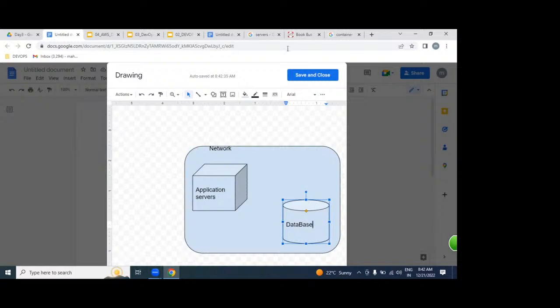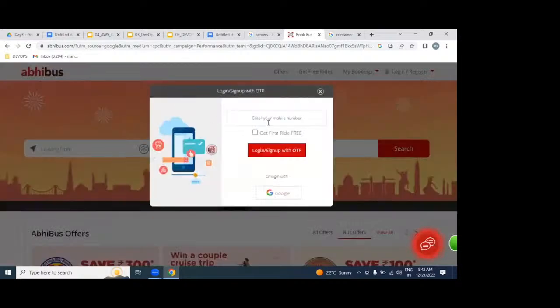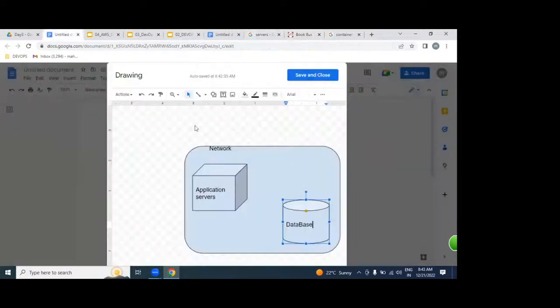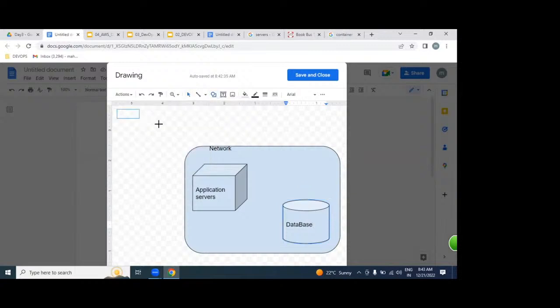But if you want to log in to any application, from where exactly can you access it? Anybody? From where are you accessing websites? From the browser.